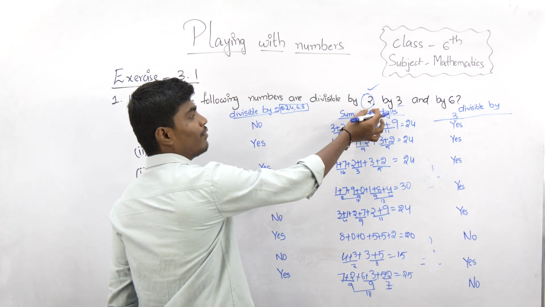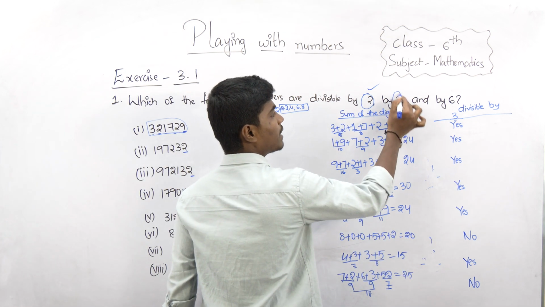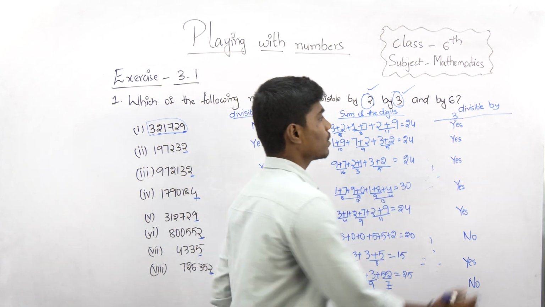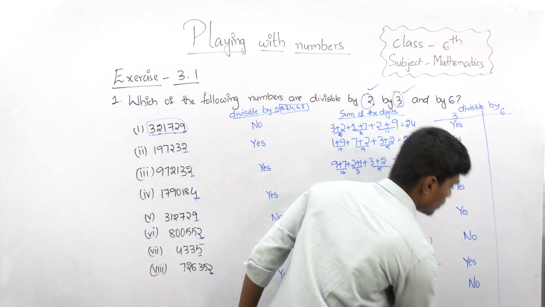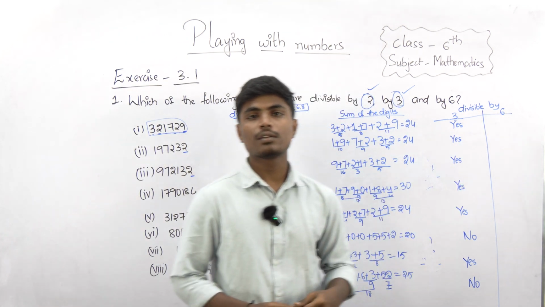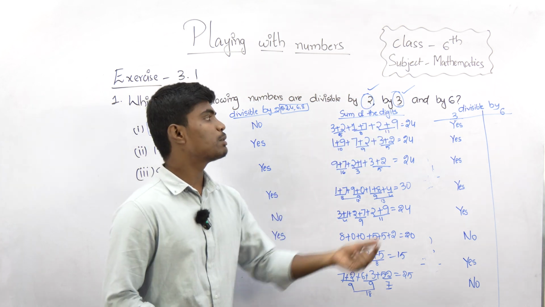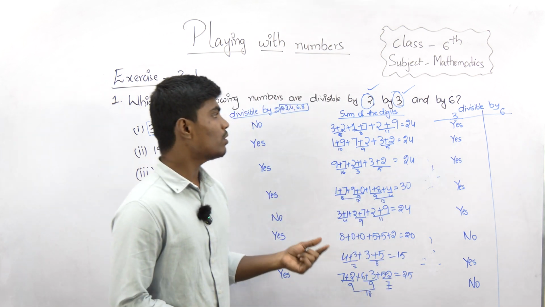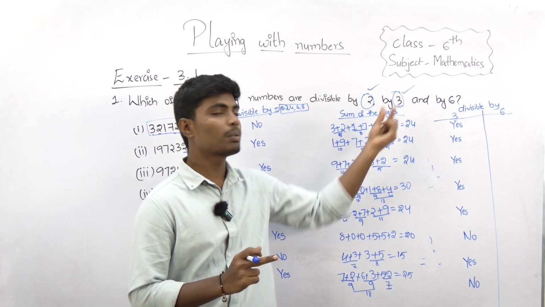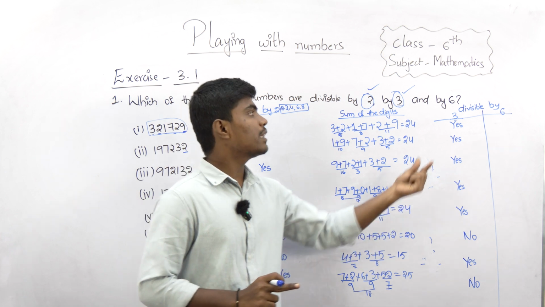Okay, here we have checked whether the number is divisible by 2, and we have checked whether the number is divisible by 3 also. Now we have to check whether the number is divisible by 6 or not. What is the divisibility rule of 6? If the number is divisible by 2 and 3, then the number is divisible by 6. So we have to check whether the number is divisible by 2 and whether it is divisible by 3. And if the number is divisible by both 2 and 3,